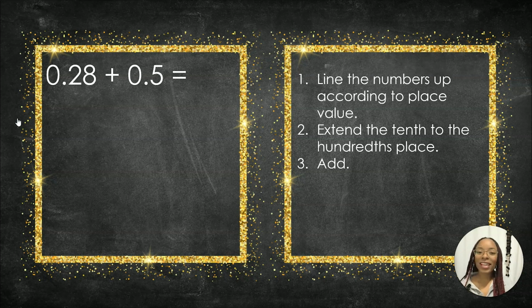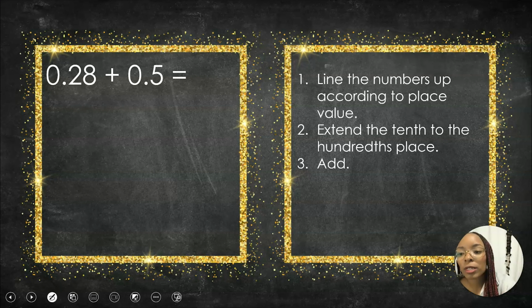All right, let's move on to adding some decimals. We have 0.28 plus 0.5, or 28 hundredths plus 5/10. Now, like always when adding multi-digit numbers, we want to line our numbers up by place value. And I'm going to show you what happens if you don't. If you don't, you end up with